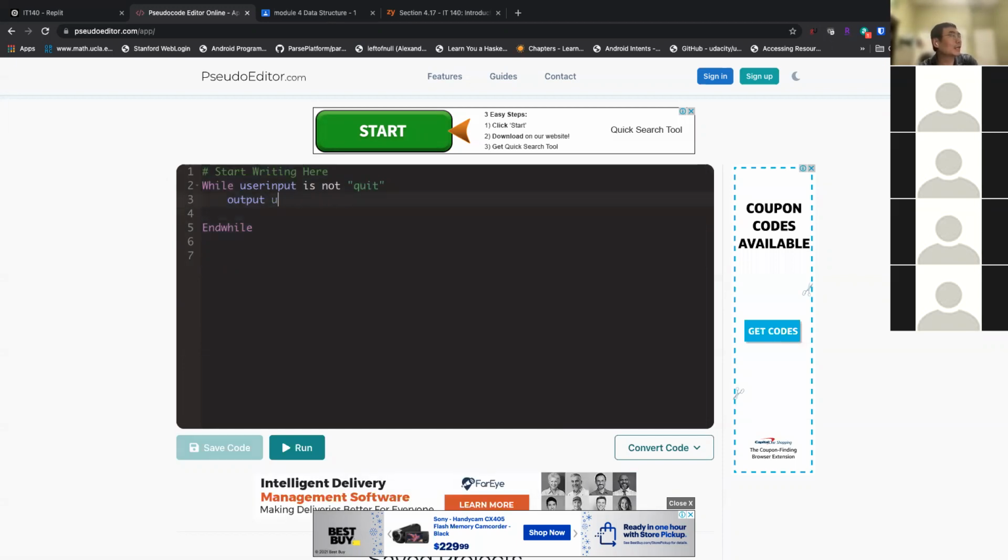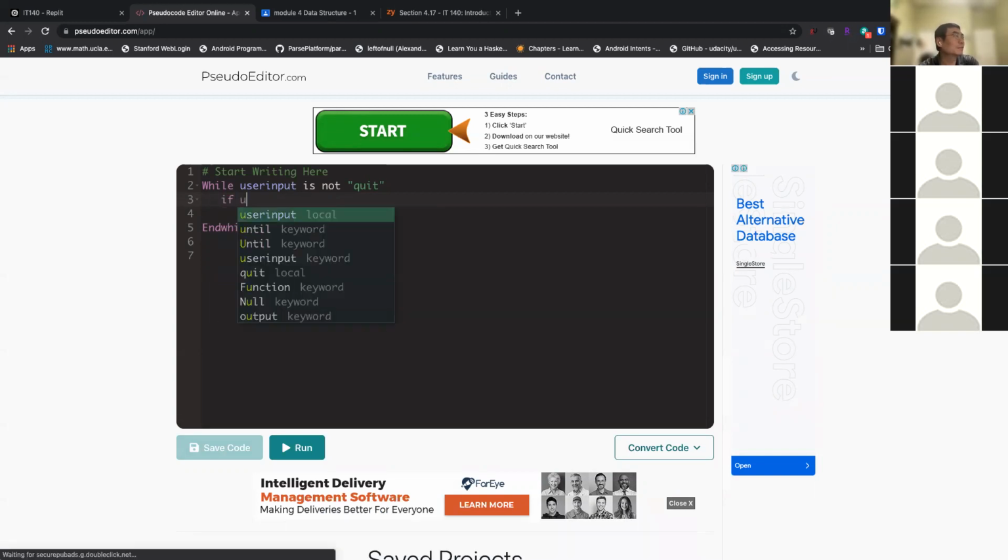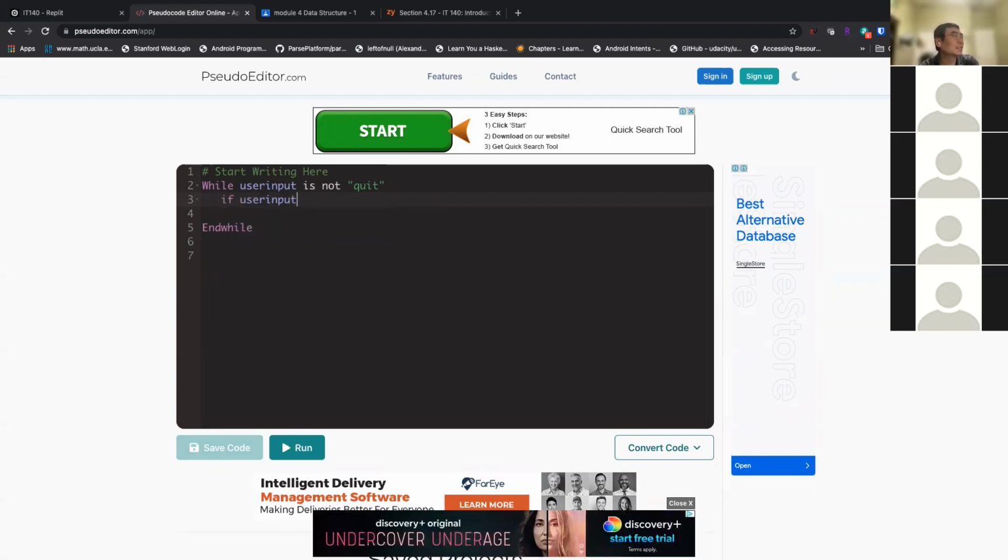You can even say process user input, right? How to process? You can even use if user input is greater than, or you can use greater than, no problem, like 100, right?